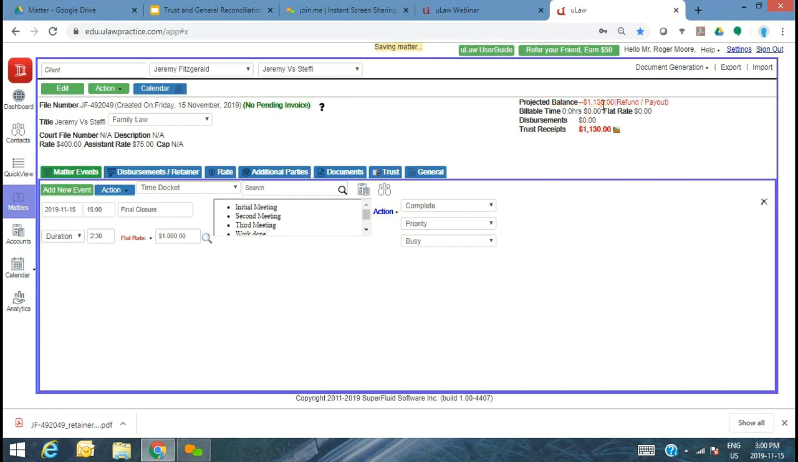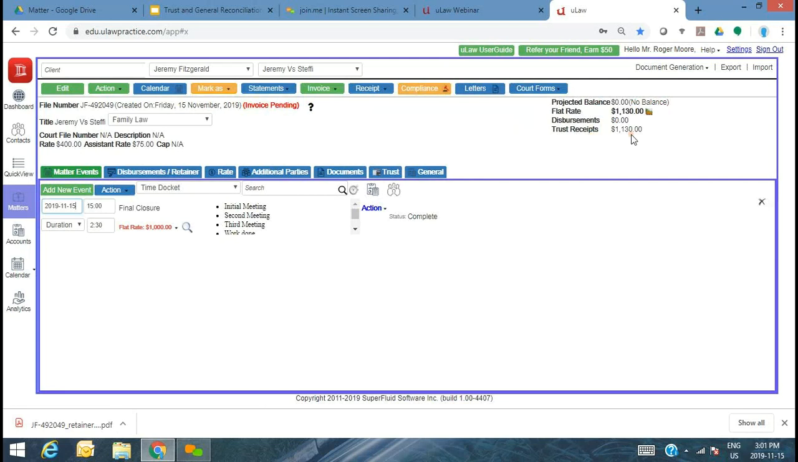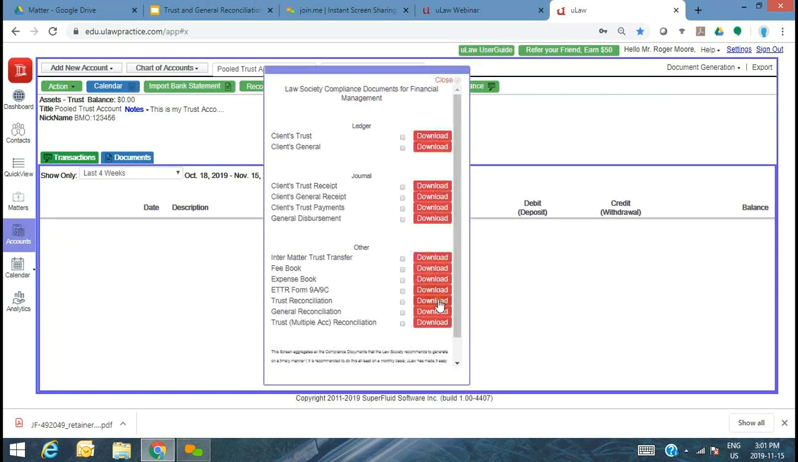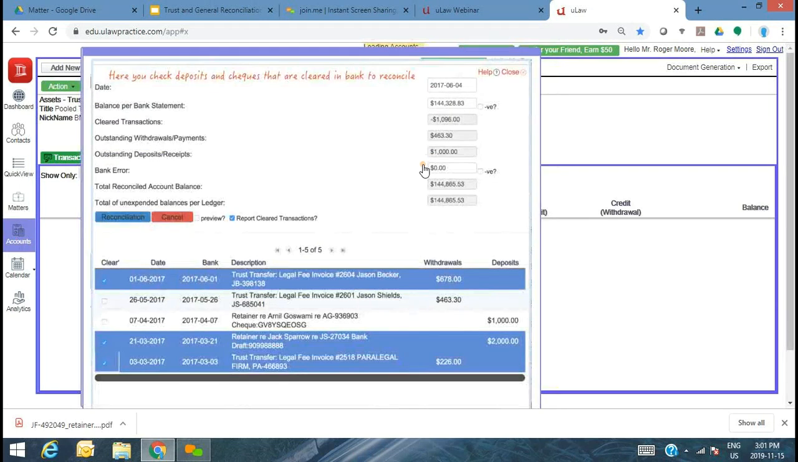The minute I've docketed this, the projected balance is going to drop to 0, but the trust receipt still remains at $1,130. I have still not withdrawn that money from trust, right? You can see that. So the last step in the puzzle is to be able to go and invoice it. Now, unless you invoice it, this is not going to reflect in your reconciliation either. If I go back to my trust reconciliation,